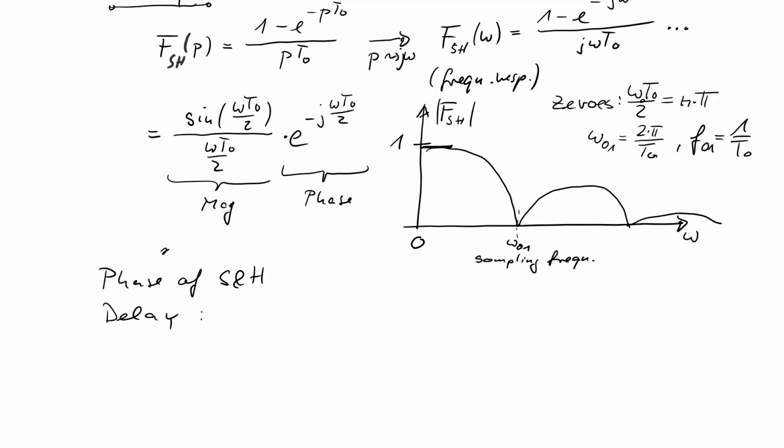The delay has F delay of omega, which is magnitude 1 times e to the power of minus j omega T delay. And sample and hold, see above, has a magnitude, which we have discussed here,